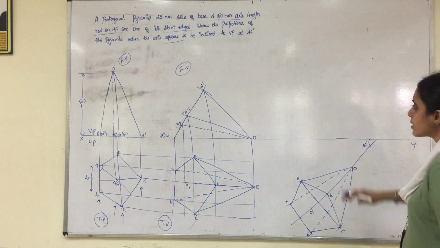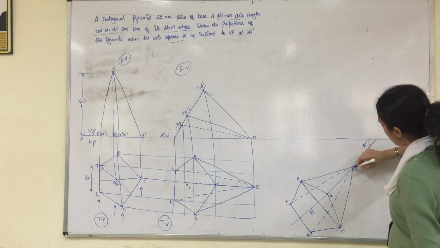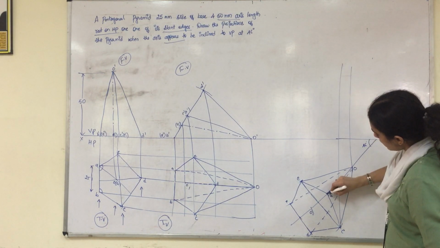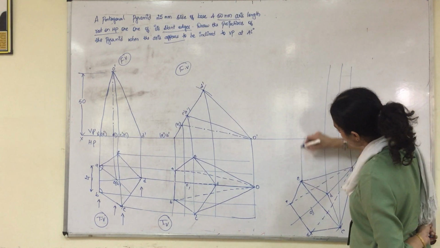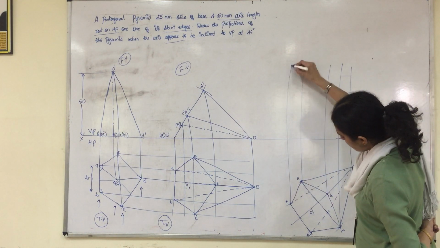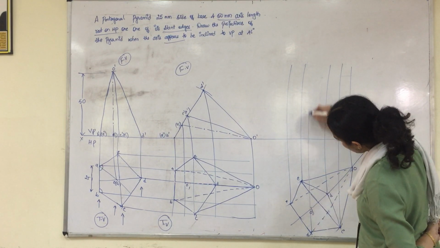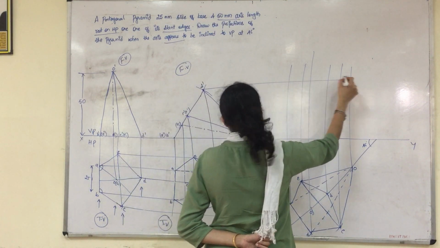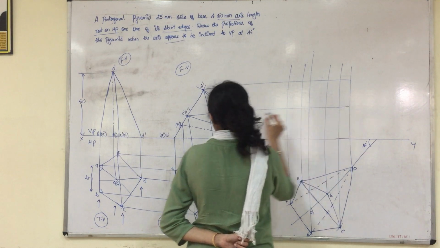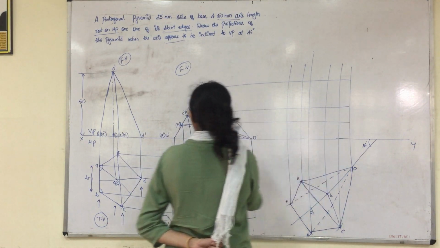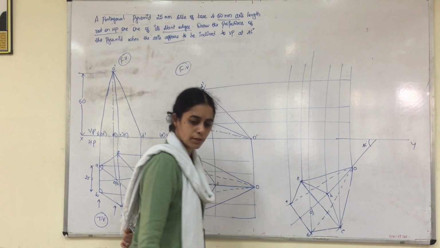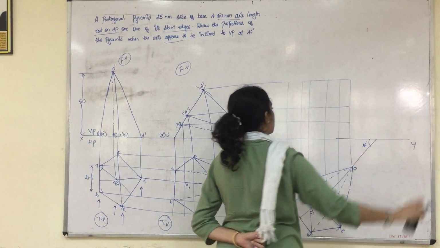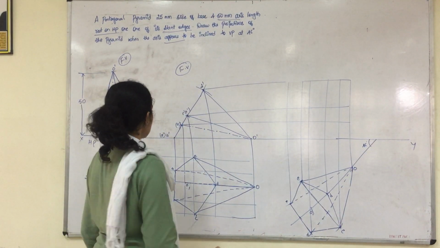So once you have done with this, now we have to take the projection above. So please take the projection from O, from C, from D, from E, from A, from B. So once you take the projection, extend the projection from D dash, C dash, O1 dash and from A dash, B dash also. After you extend the projections, kindly arrange the extra lines. So once you arrange the extra lines, start reading the locus.